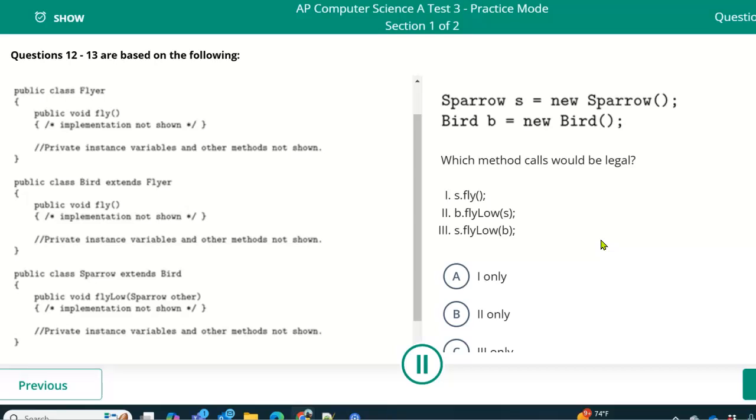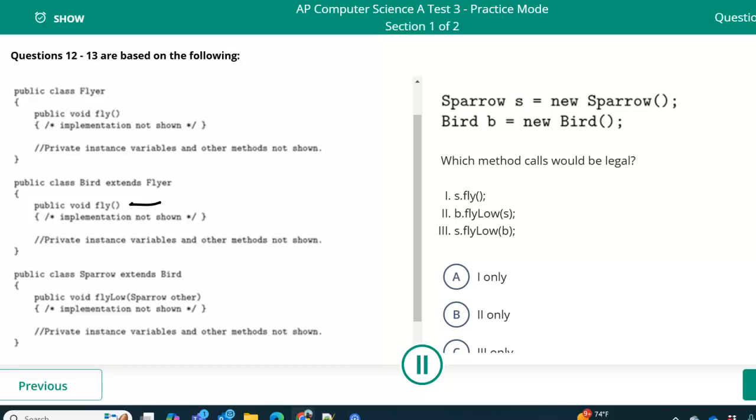That'll work, yeah, because bird has a fly method. It's public, so it's inherited by bird. I'm sorry, it's inherited by sparrow. So you can call the fly method on a